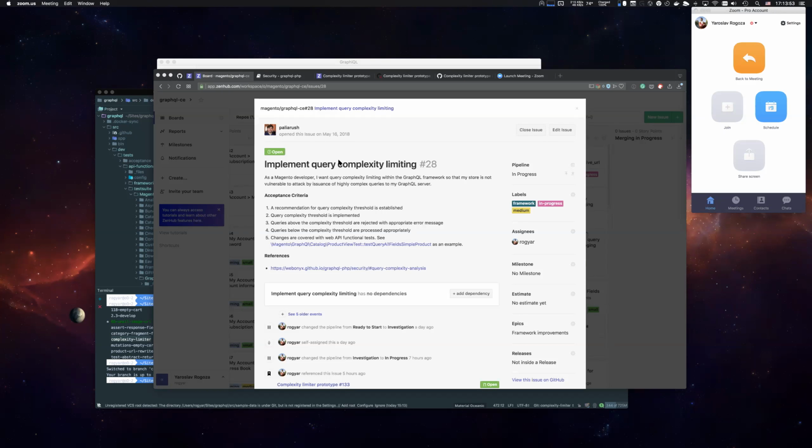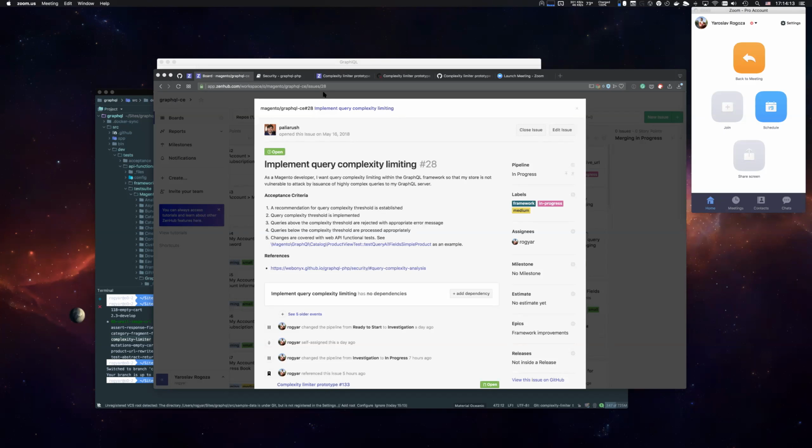So the main idea is to analyze the query before it's processed, and if it doesn't match the rules, show an error or a message that you need to modify your query before it will be accepted by Magento